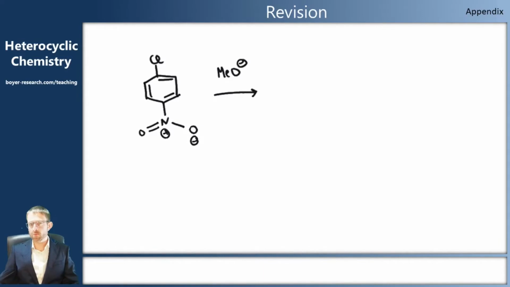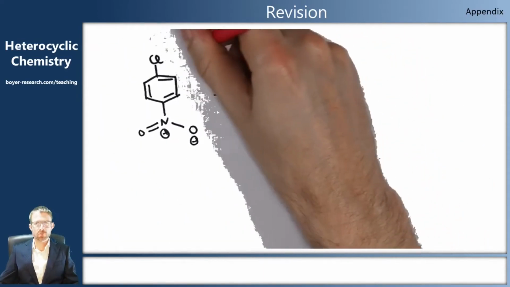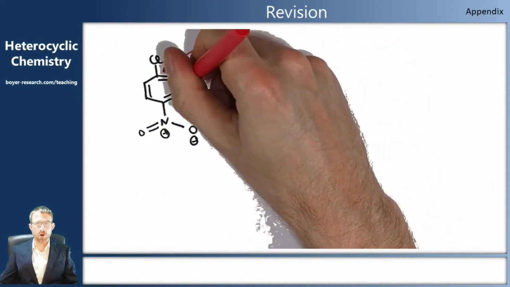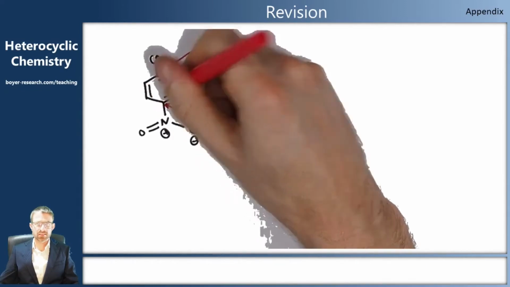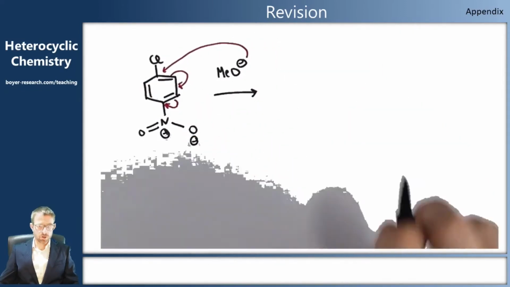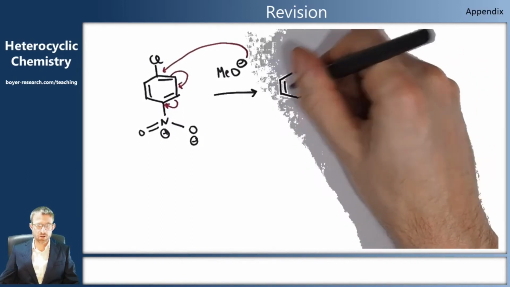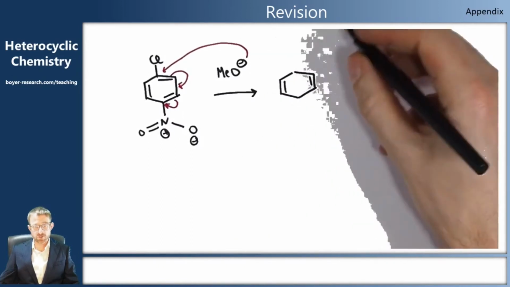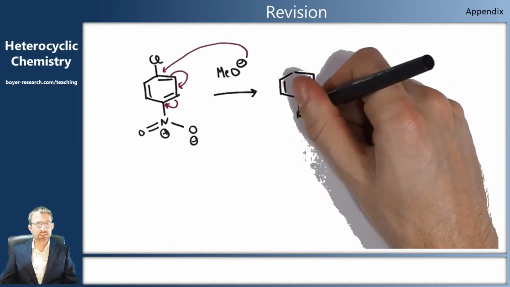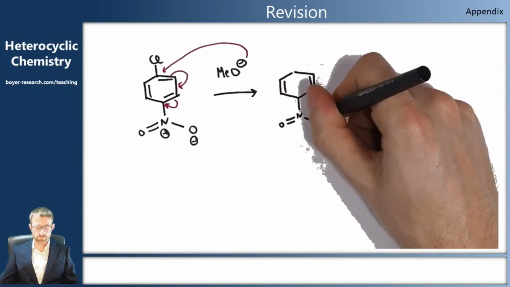The negative charge, remembering that our arrow represents the movement of two electrons, so we can draw it coming from the negative charge. We can then push the arrows round so that the resulting negative charge is on the carbon next to the nitro group. This has broken the aromatic system,